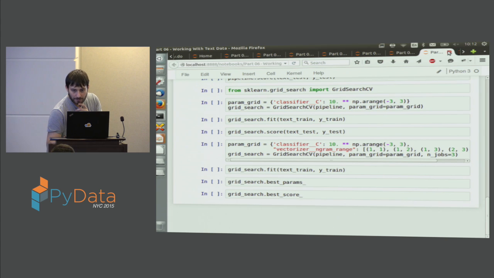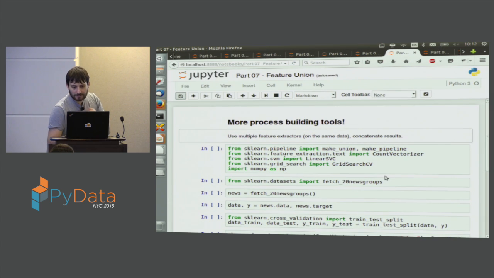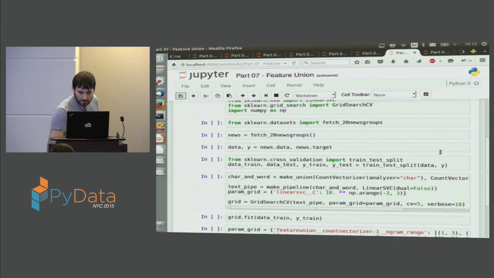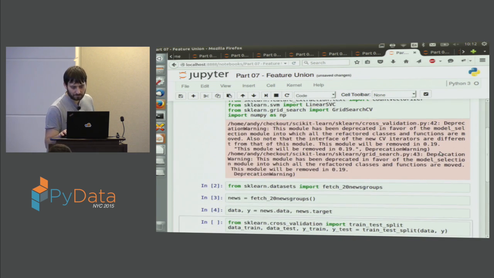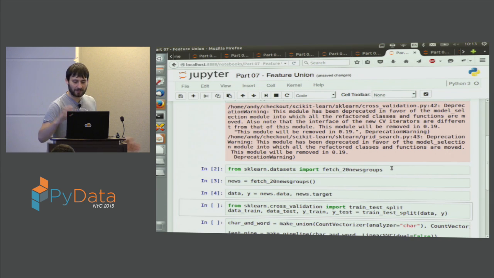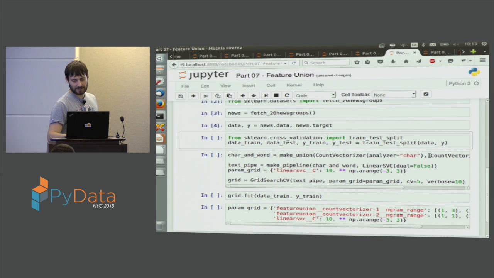This is the same notebook. Okay, so here I use another text data set. Actually, I don't know why I picked different text data sets here, but okay, it's just a different